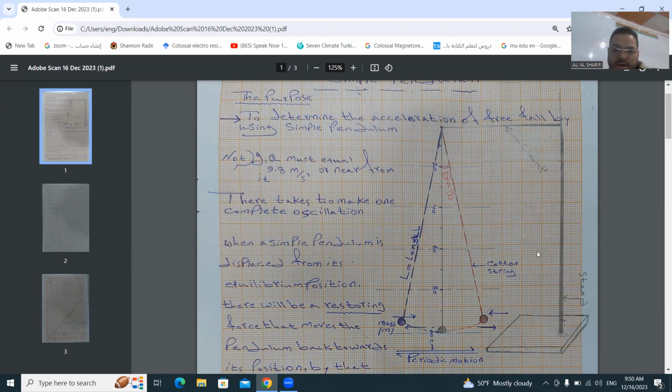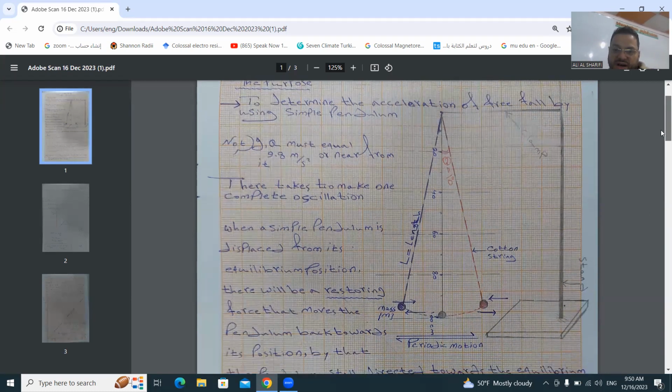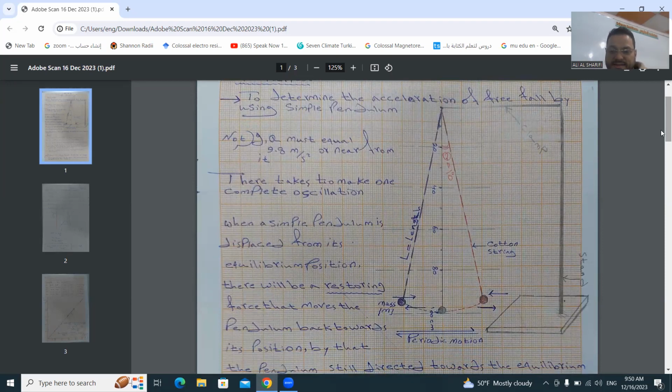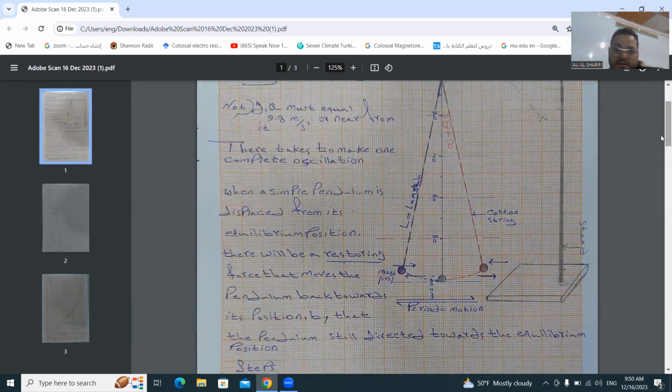I will try to displace this ball, this pendulum, by using a simple angle. Theta here will equal 10 degrees, not more. It's not necessary. Here, the time it takes to make one complete oscillation. What does that mean? When I take this ball by using an angle equal to 10 to this point, when I leave it,